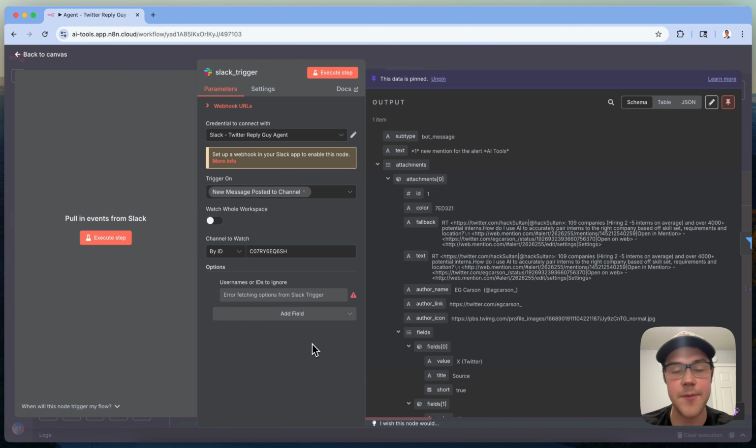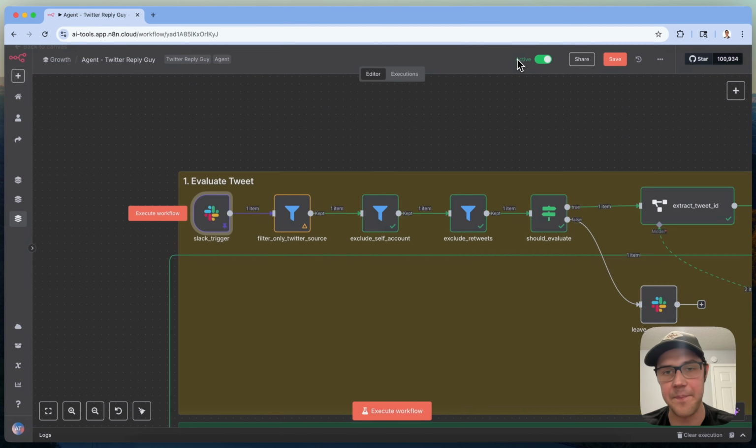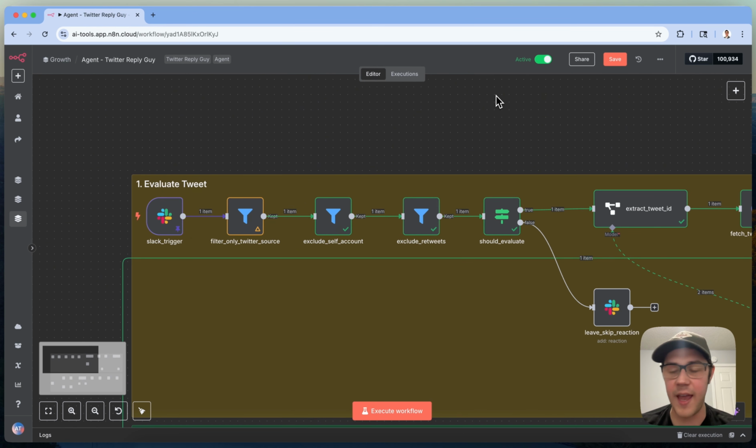Depending on how you set up your Slack integration, you can either paste in your channel ID that you have matching from the mention keywords getting posted to, or you can grab it from a list. That's the first step. The next step here is actually pretty important, as it's going to allow you to filter